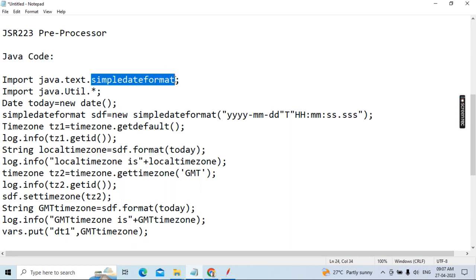This is date related content, and it's already in packages. Those who are already working with Java know how the packages will be used. Import java.util.Date, this is also a package. And now you can see